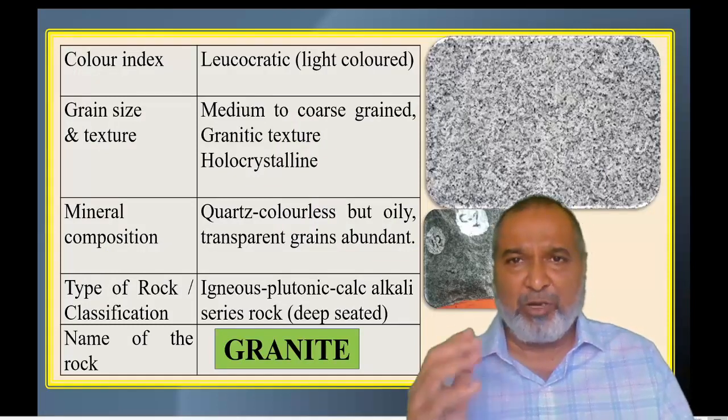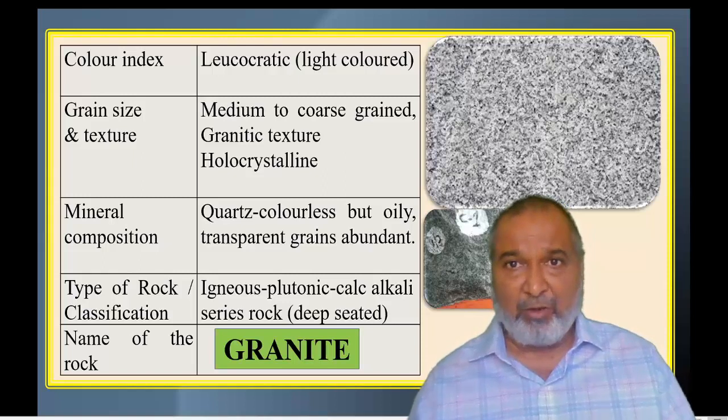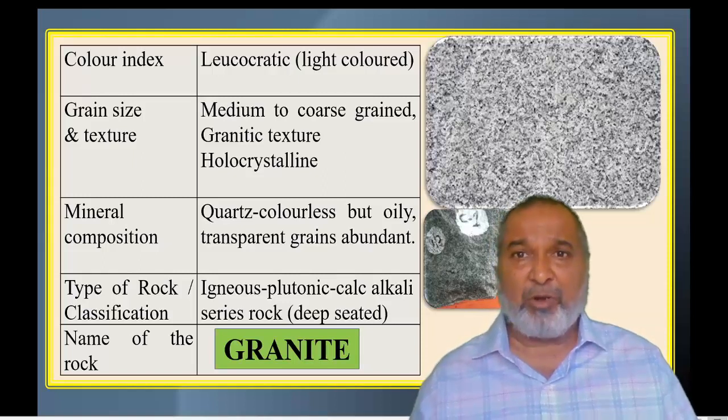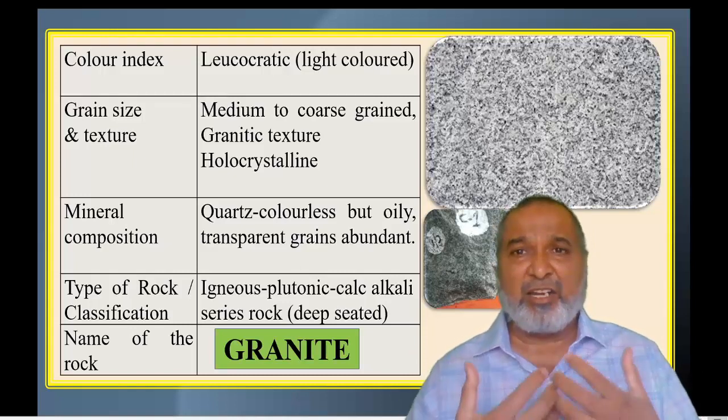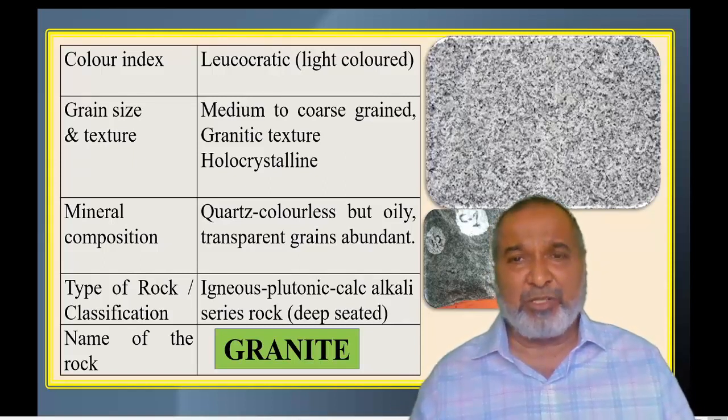Igneous rock is normally called a primary rock, those rocks which are crystallized from molten magma. What is magma? A pyroclastic material, a liquid which is present below the surface or at a greater depth. So that liquid below the surface is called magma, which contains all the elements in different compositions.